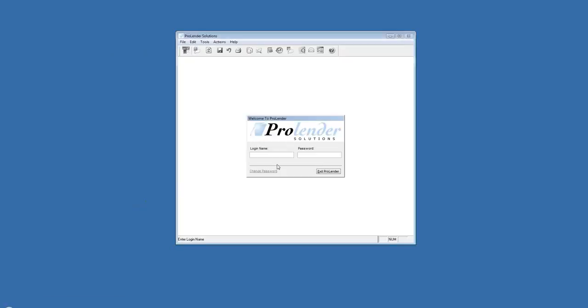Now I'm going to log into ProLender using the login name admin and the password admin. And that's how ProLender is defaulted. Now once you log in for the first time, we recommend that you create a user and change that admin login and password. You can keep the user as admin, but just of course make sure that you change the password to something else. So I'm going to go ahead and hit enter on my keyboard, and now I'm logged